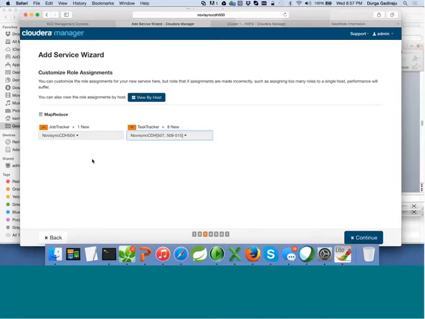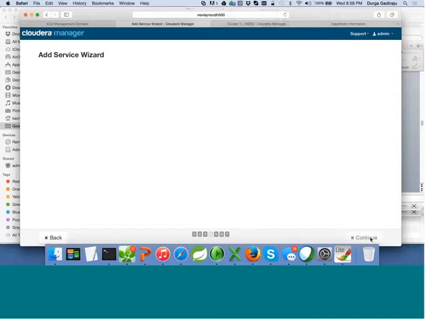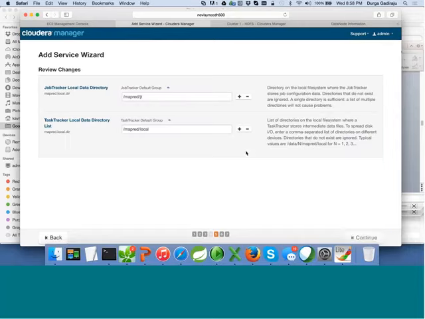But in development and test clusters, it is typical to run a name node and resource manager, job tracker on the same node. But we are trying to simulate the production cluster, so we are having the job tracker, which is the master for data processing, on a different node, which is 04. Click on continue, and now it is asking you